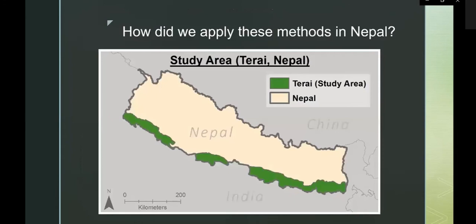So how did CODED do when we applied it to our study area in Nepal, the Terai region? The Terai is an ecologically complex place that has been experiencing more urbanization and population densification due to migration from other physiographic regions, which has led to a higher demand for forest products and left the forest vulnerable to several different drivers of deforestation and forest degradation. We began the process by gathering